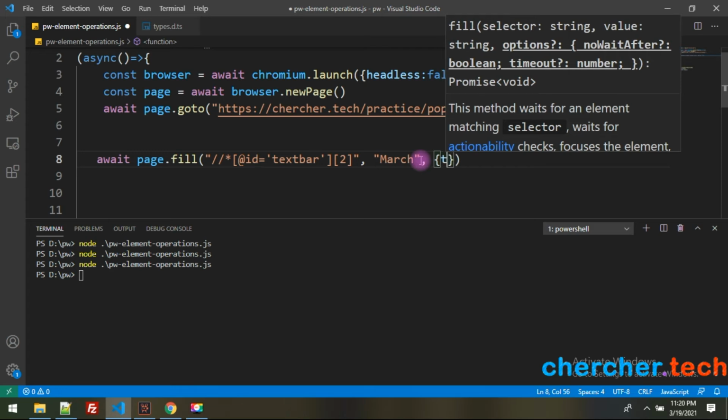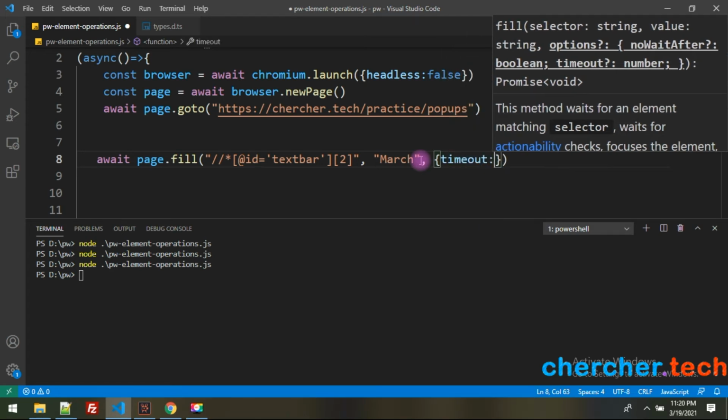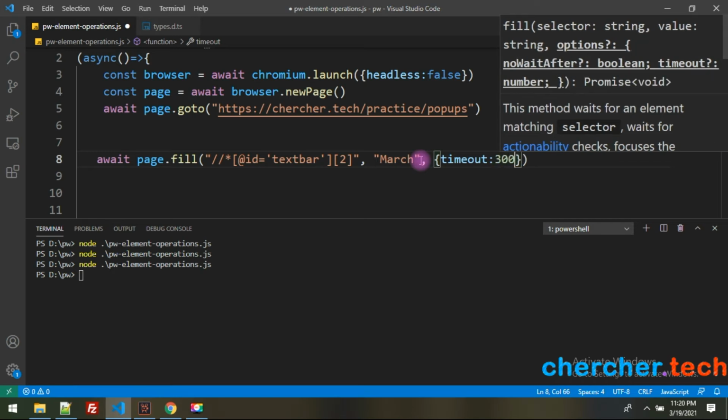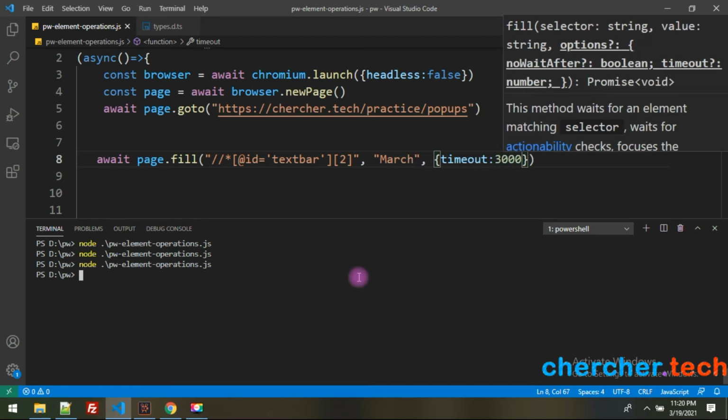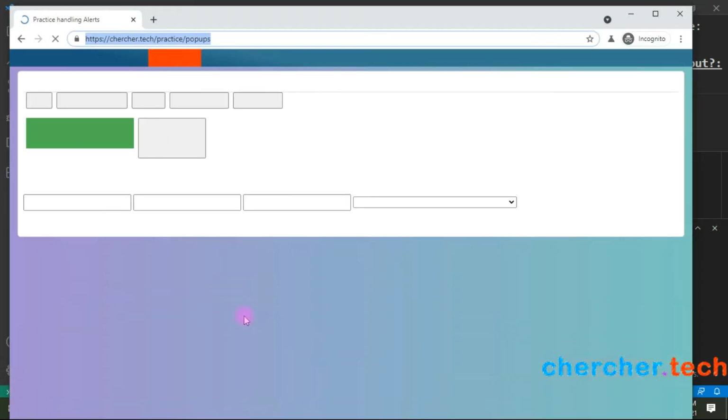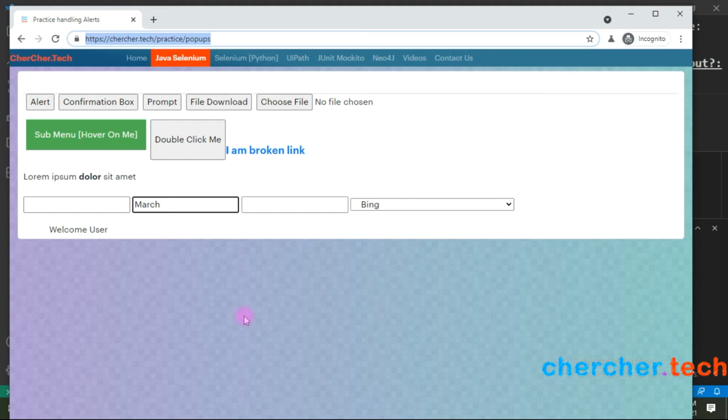Inside the map we give timeout equal to 30 seconds. You can give that, but I have given 3 seconds. Within 3 seconds this particular text bar should be present. Let's run it. Now it is present, so it didn't fail.